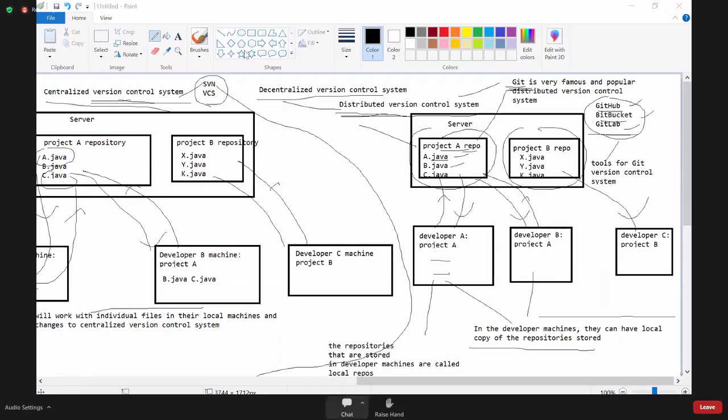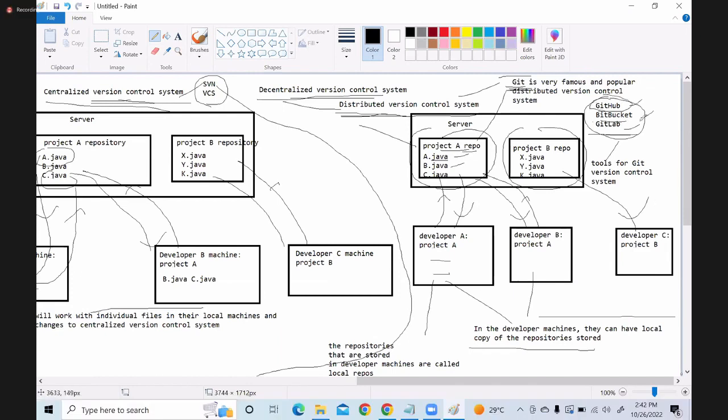Now, our topic is distributed version control system, Git, and I'll take GitHub for the practical examples. We are not going to deal with centralized version control systems. We are going to deal with the distributed version control system, where we use Git, and GitHub is the tool we are going to use.